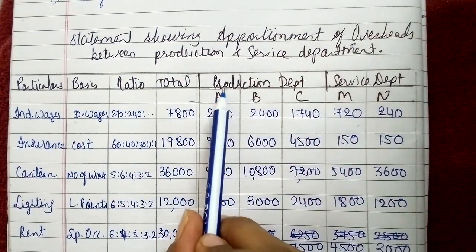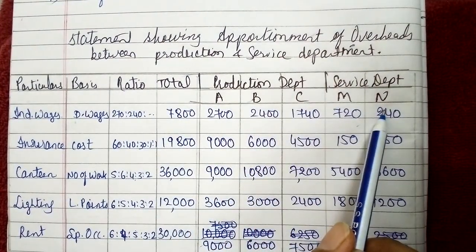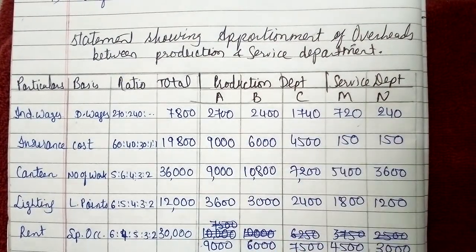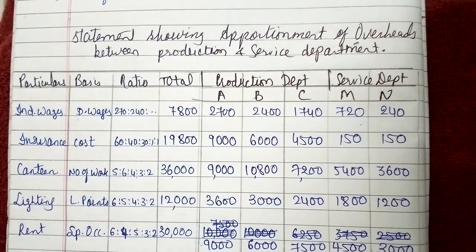So in this example, there are 3 production departments A, B and C, and 2 service departments M and N. So the next column would be according to the information given in the example, right? So moving ahead with the first expense given,